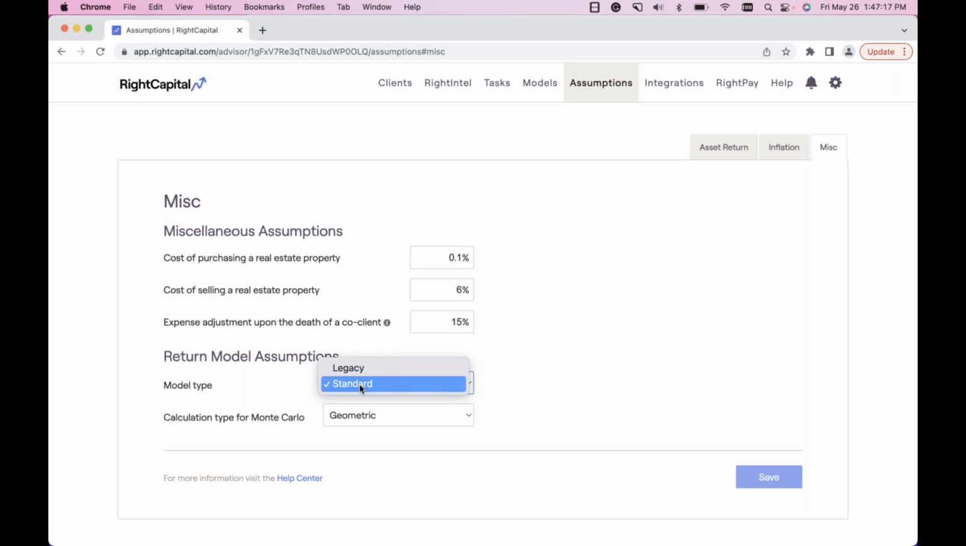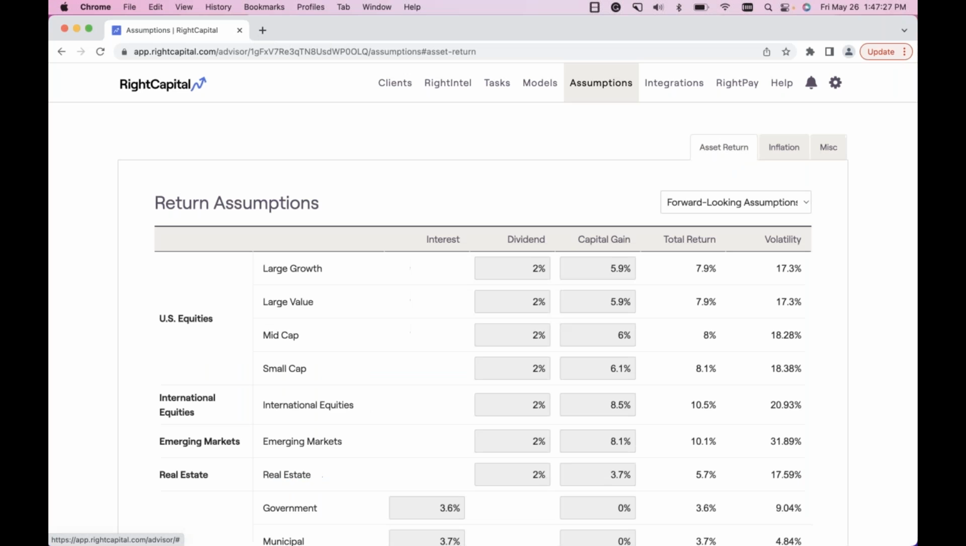But if you are on a standard, or if you switch over to standard, I just want to point out that in our asset return tab, in our assumptions, so two tabs over, I'm clicking into asset returns. Right above total return and volatility, using that standard model allows you to click on that drop down to switch between your customized returns, historical index returns, as well as the JP Morgan forward-looking assumptions. So again,